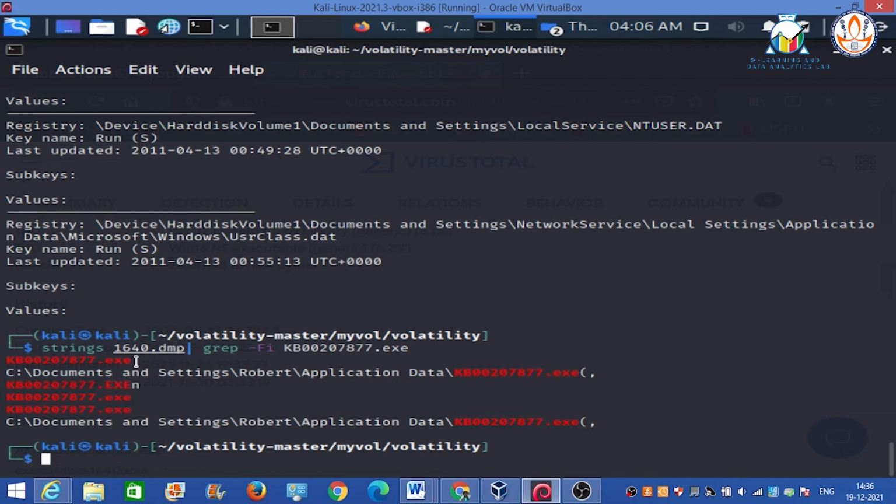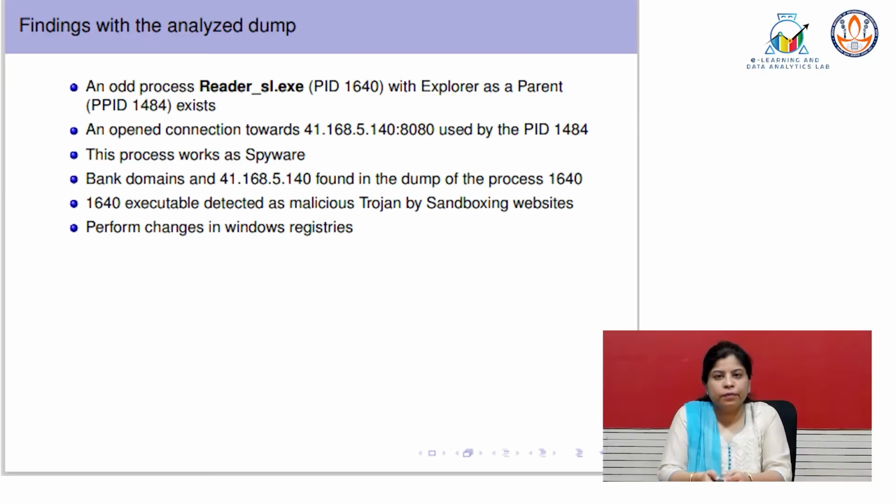Yes, here we can see that this exe file name is hard coded as a string inside the 1640.dmp process. So after the analysis of this memory dump,